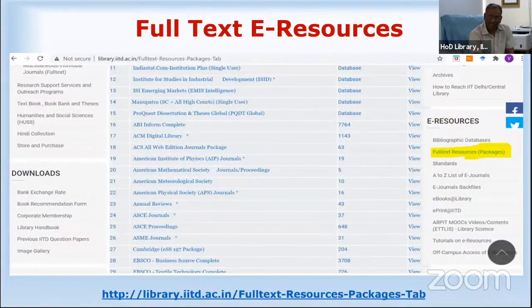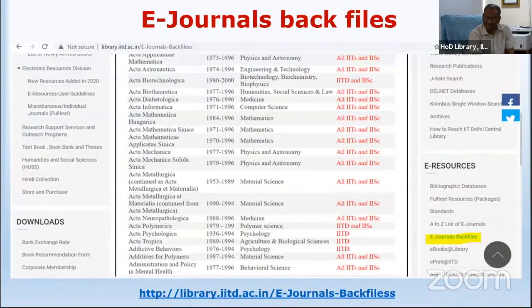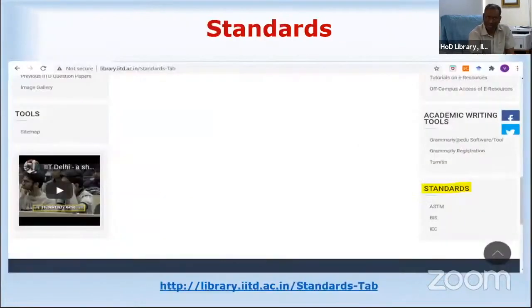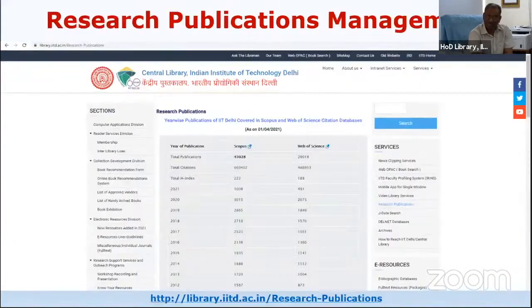Then our full text e-resources have been organized in a really very user-friendly manner. And we have an A to Z list of journals. We have back files. We are having access to almost all the important bibliographic databases. Then we have access to different standards. We have access to many ebooks. Then we are also trying to do the research publication management, whatever is appearing in Scopus and Web of Science